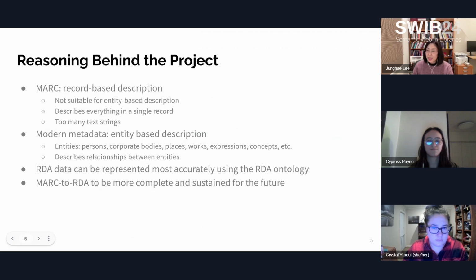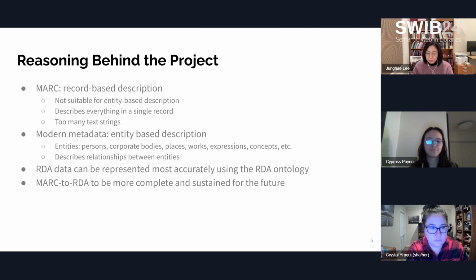Our reasoning behind the project is as follows. MARC is a record-based descriptive format and is not well suited for entity-based descriptions. It consolidates everything into a single record and relies heavily on text strings.